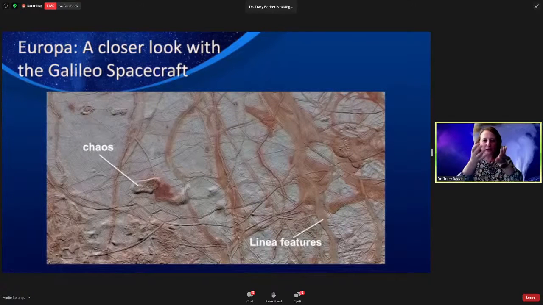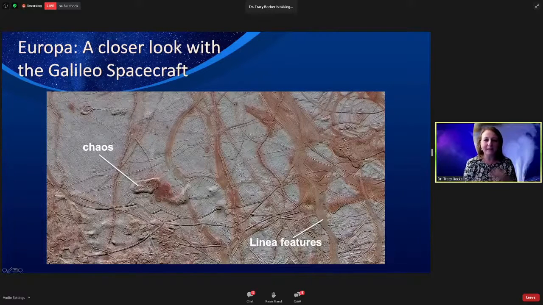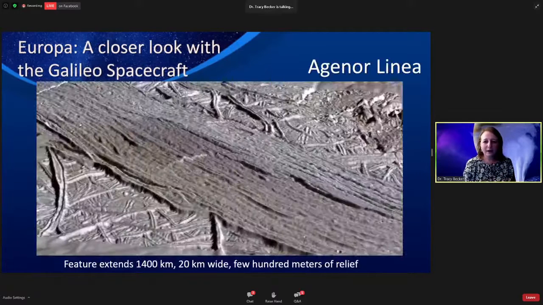and water can actually come on out and fill in and freeze, basically like plate tectonics on Earth. We also see these chaos regions, which we think might be big chunks of ice that have turned over or have been muddled in some way that we don't fully understand yet. And this is a close-up of some of those lineae features. These things are really, really wide, 20 kilometers wide, and a few hundred meters high. So it's a really incredible feature that we're going to be able to see when we get there with